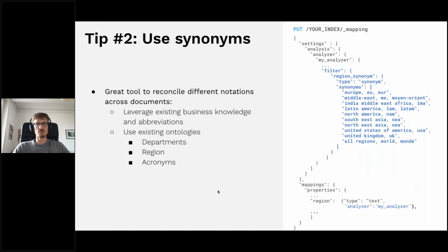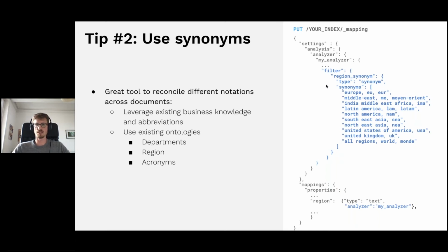Another thing that you can do in this analyzer is include some synonyms, and that's very useful in some cases where something can have different names. So one example here would be a synonym for region. So you could have a region field that maybe contains Europe encoded as Europe, or EU, or EUR, depending on who generated the document. And you want to make sure the search results are accessible regardless if you type Europe or EU. And here you can give a filter.